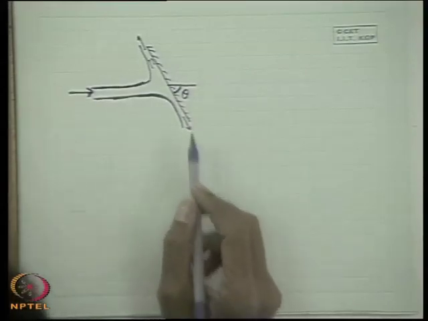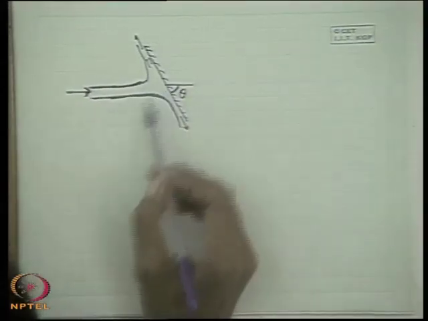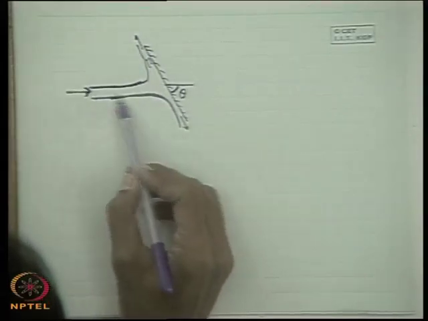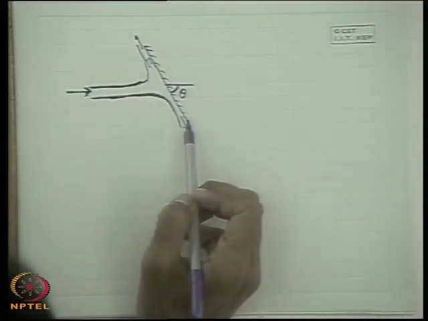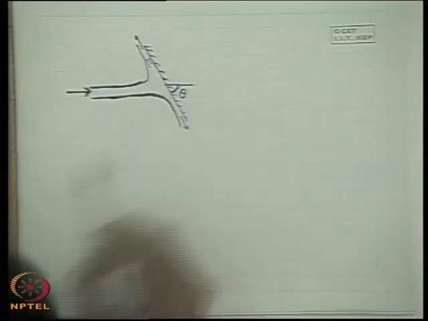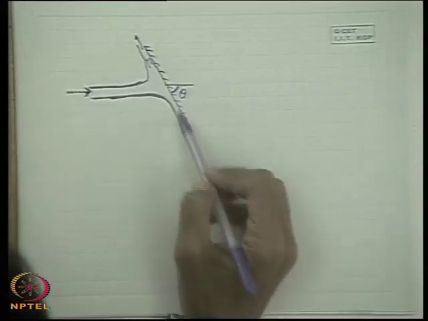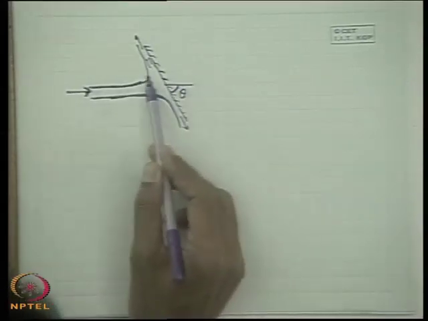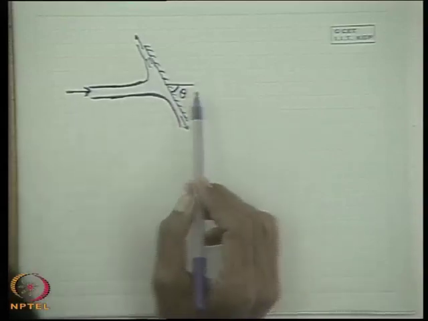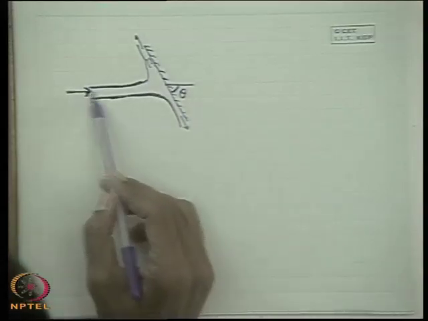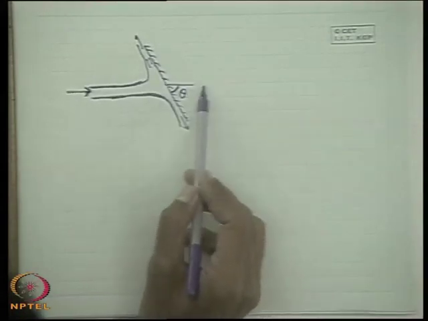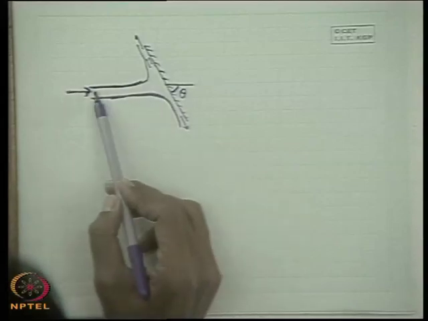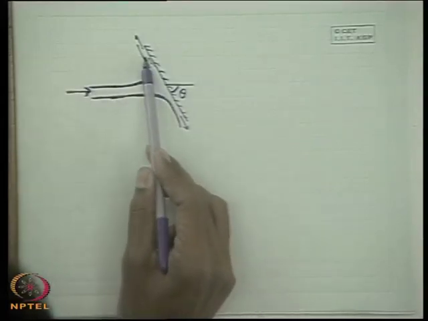Now, how to analyze this problem? Practically, when the fluid impinges on this plate and glides along it, some force is exerted on the plate. You can conceive from practical realization that if the plate is made free, it will move in some direction depending upon the net force acting on it. Therefore, to keep the plate stationary against this flow of fluid impinging on it, some force has to be applied on the plate. So, we can first find the force exerted on the fluid by the plate.